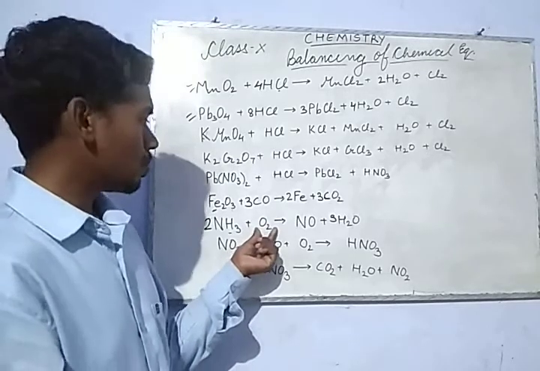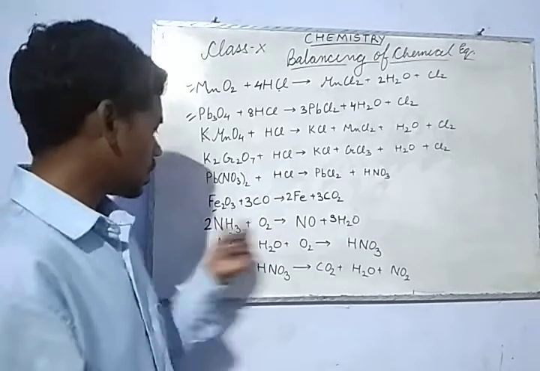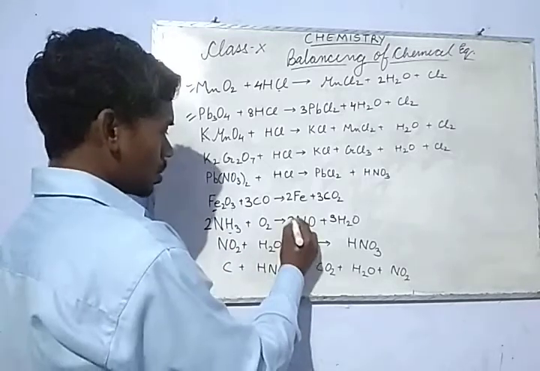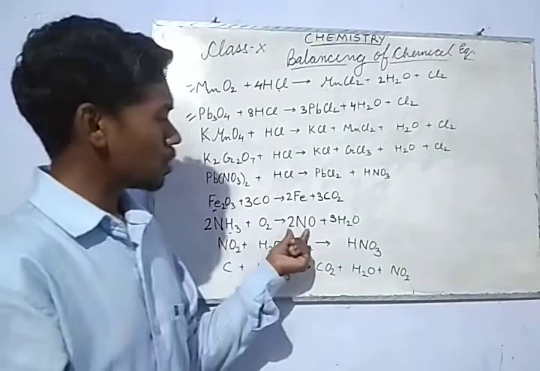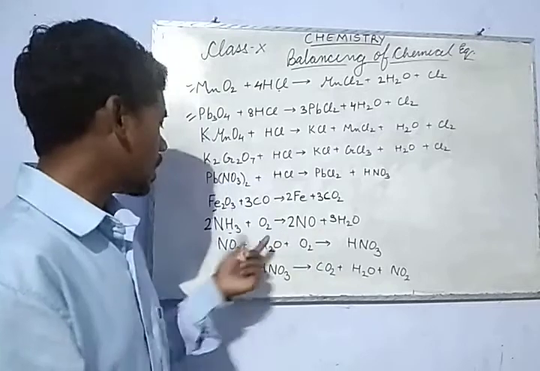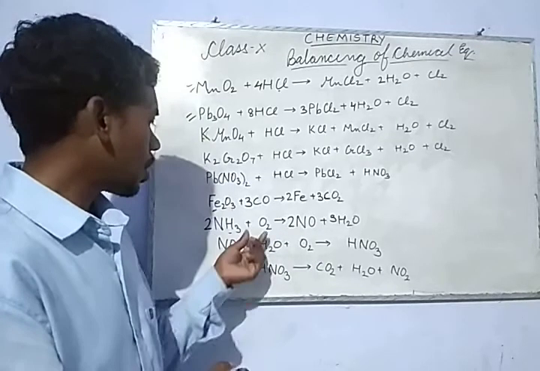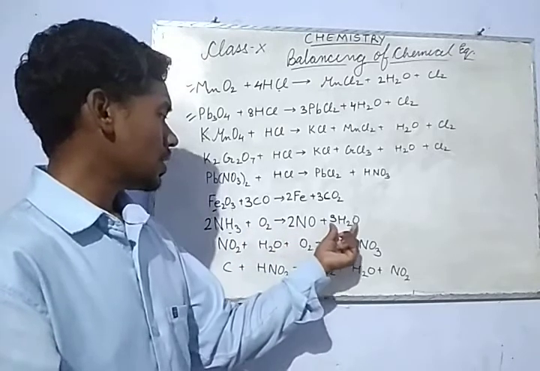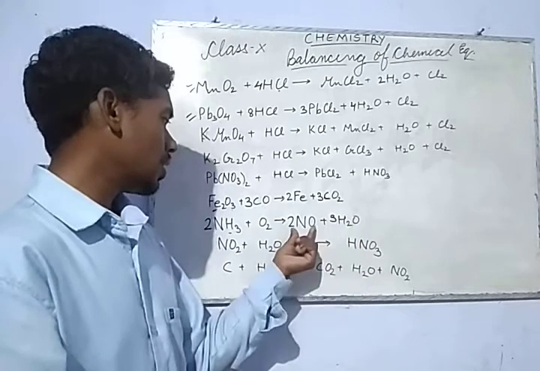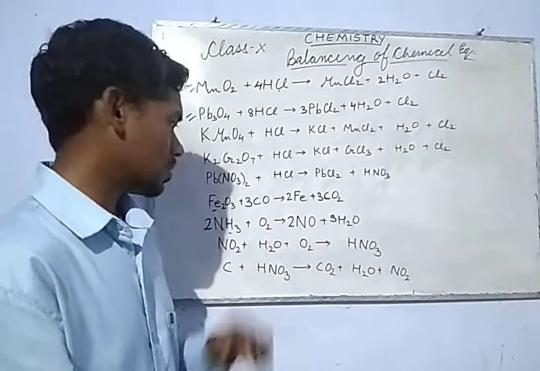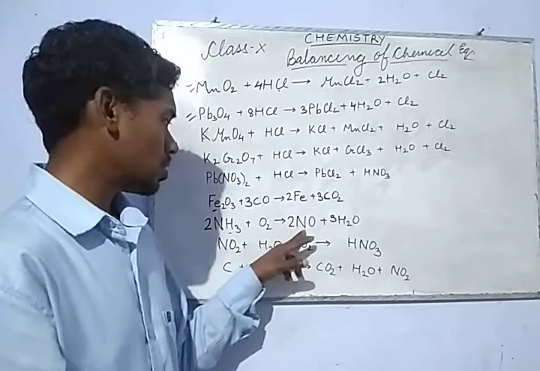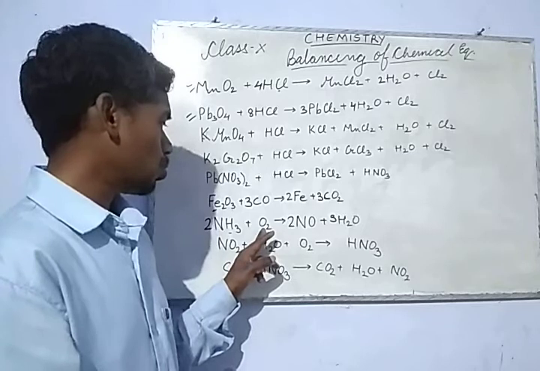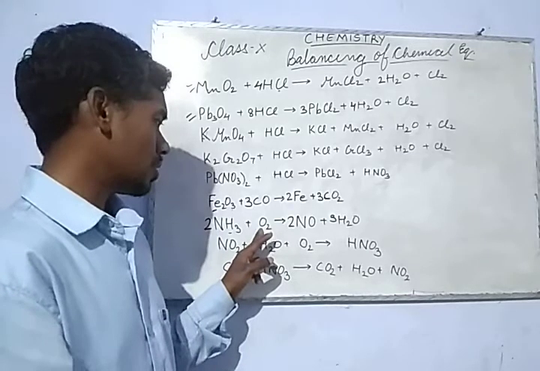Achha, actually here nitrogen has changed. So we need to change nitrogen also here. So nitrogen is 2 here, and nitrogen is 2 here also. Okay. Now we go for oxygen. How many oxygen this side? 3 and here 2. 5 oxygen. Can this be 5? No. It can't be 5 here.